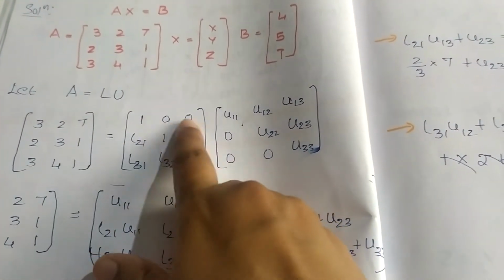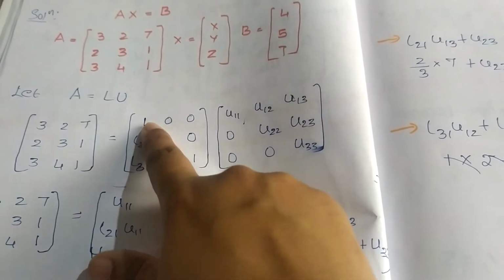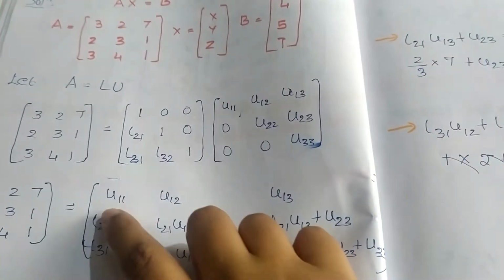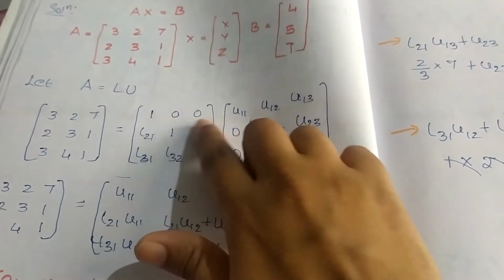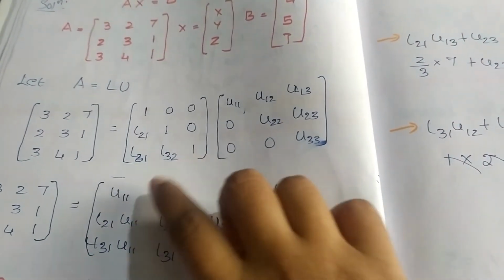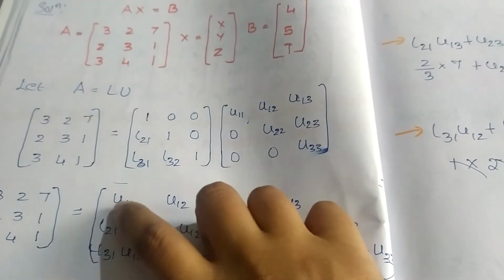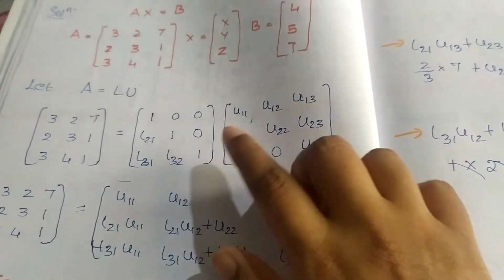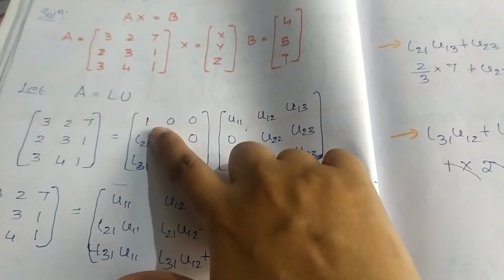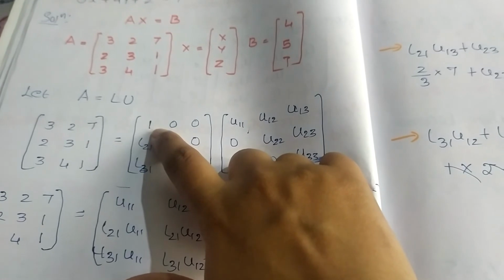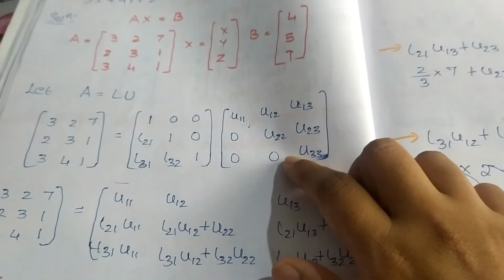First consider this row 1 and then consider this column. 1 into u11 is u11. Then 0 into 0 is 0 plus 0, and 0 into 0 is again 0. So you will get only u11. Similarly, first row and then second column, if you see,